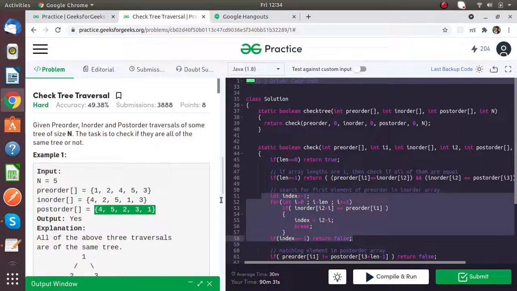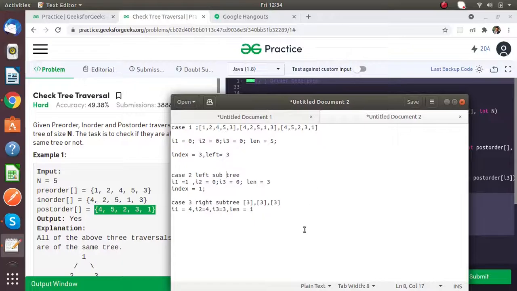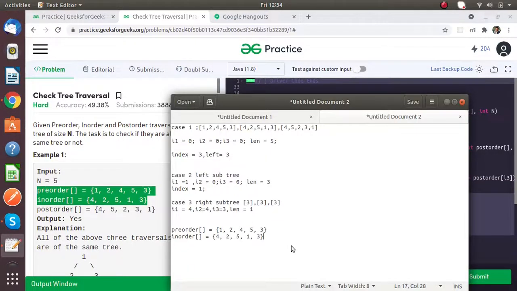Before looking at the solution, I will tell you how to construct a tree from post-order and in-order. You can construct a tree using the post-order and in-order; I am using pre-order and in-order.